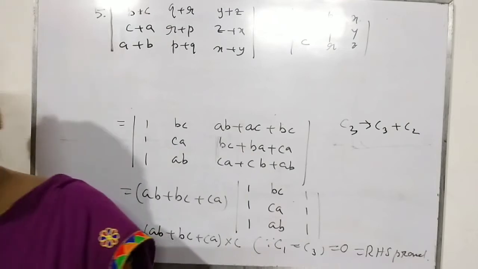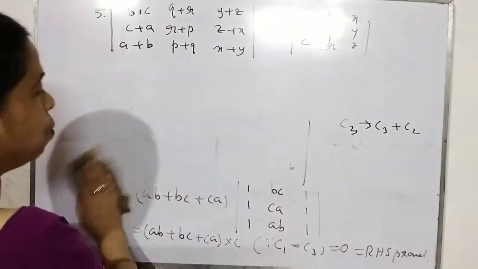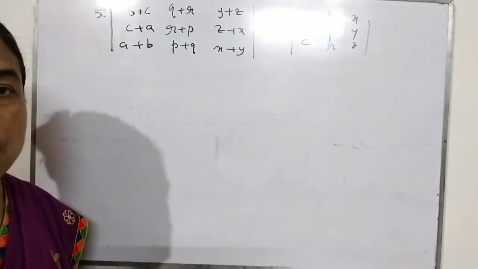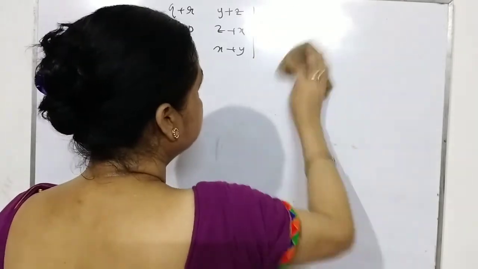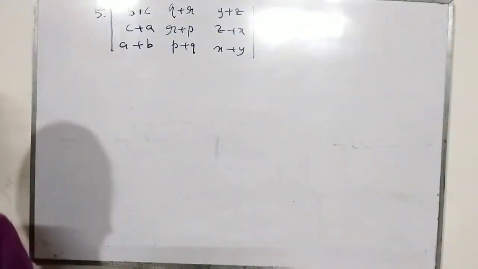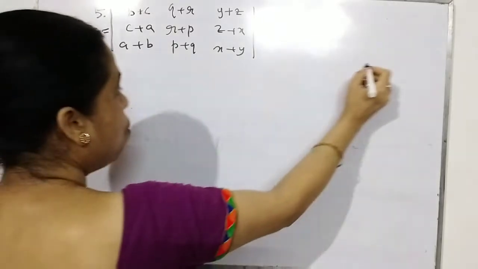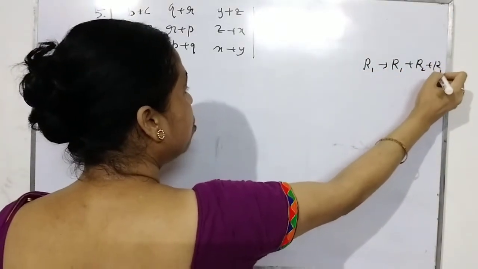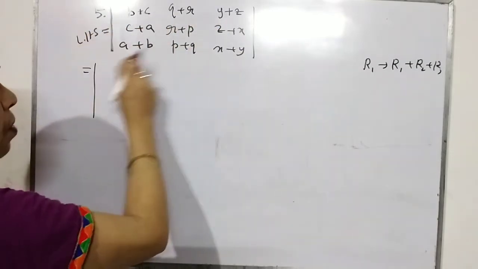Okay. So what I'm going to do, I'll add all the rows, and similarity is in row. So what I'll do, I'll add the elements of the row. Remember your right hand side, okay? So I'll just rub it. So let us take our left hand side and call row 1 replaced by row 1 plus row 2 plus row 3, which will give you your first row.